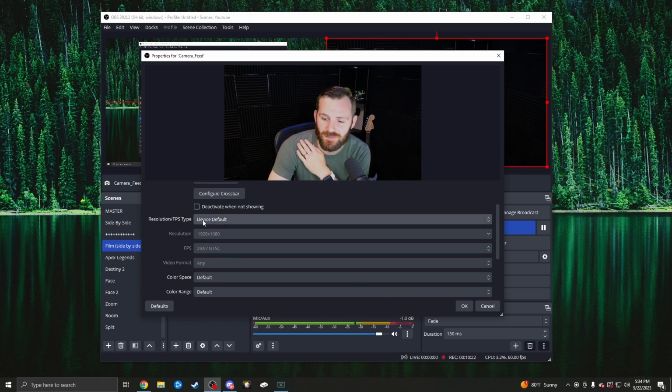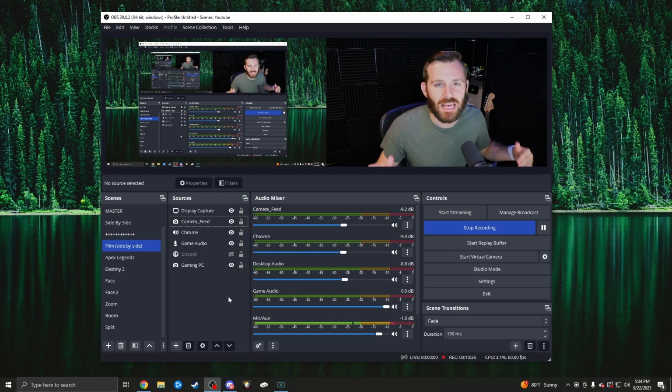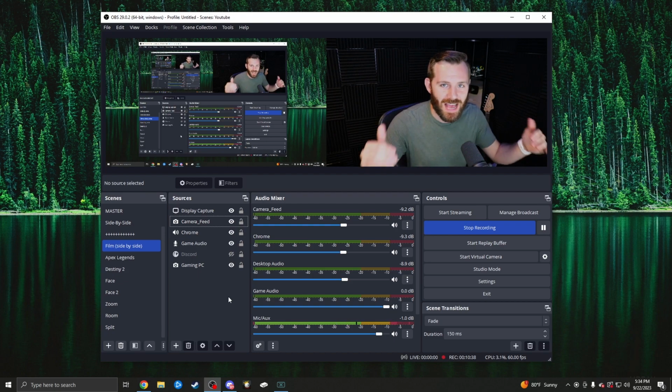I like to leave mine as the device default, but feel free to mess with the resolution, mess with the FPS. I have a number of different webcams, and so I'll probably do a video where I step through how to do a USB webcam versus how to do a DSLR. There's a lot of detail, so right now I'm trying to stay focused, stay high level, and give you guys